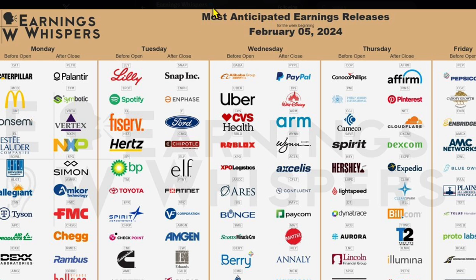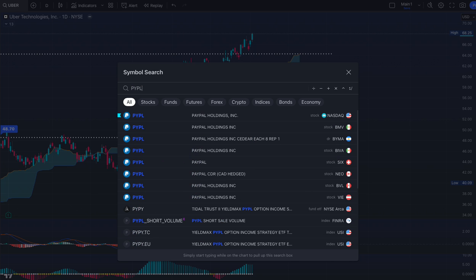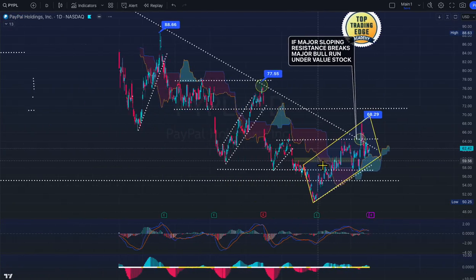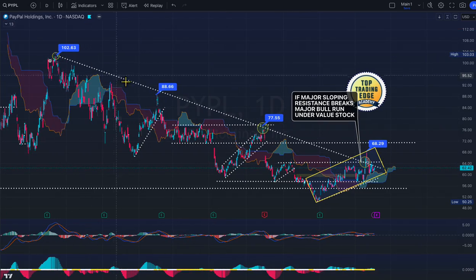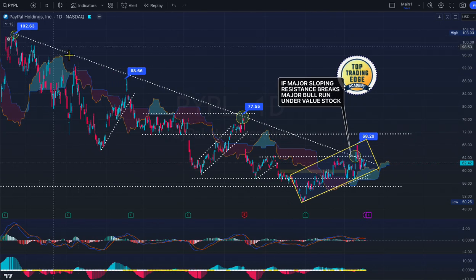We normally, folks, the best thing to do is, all right, oh, PayPal right there. All right, this is the last one I'll do, and then I'll tell you what we'll do. PayPal looking bullish right here, sloping resistance. We need to break this sloping resistance. So look, tops are falling. So far tops are falling, but look at the tops from here to here. So now bottom trying to rise. Okay, we need a critical